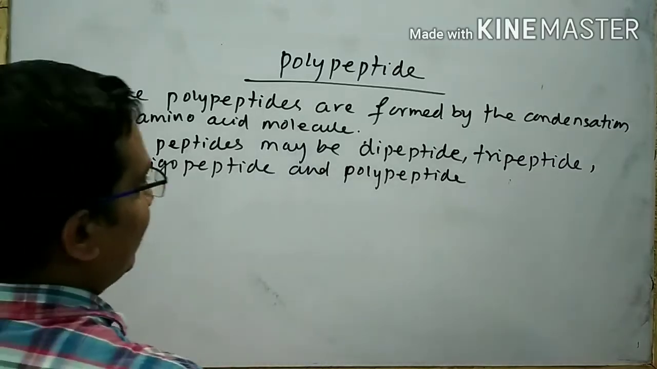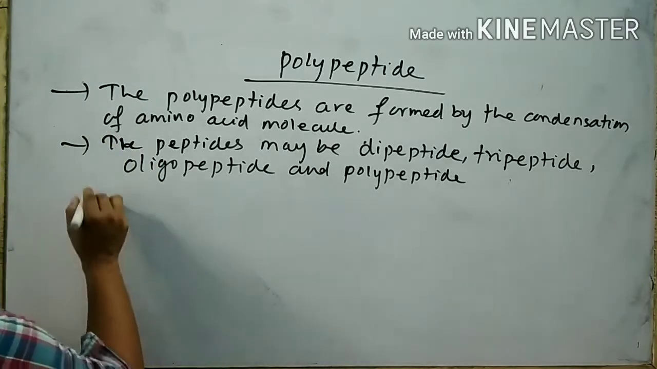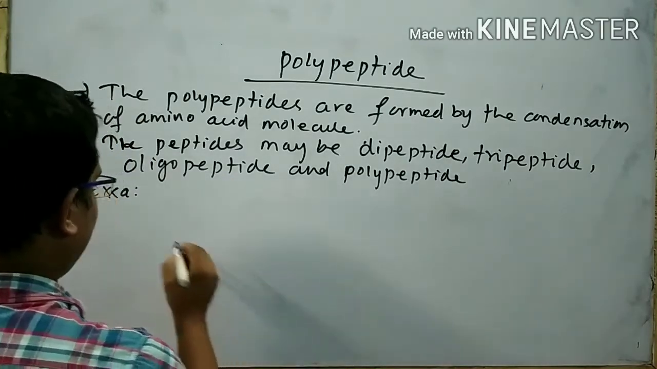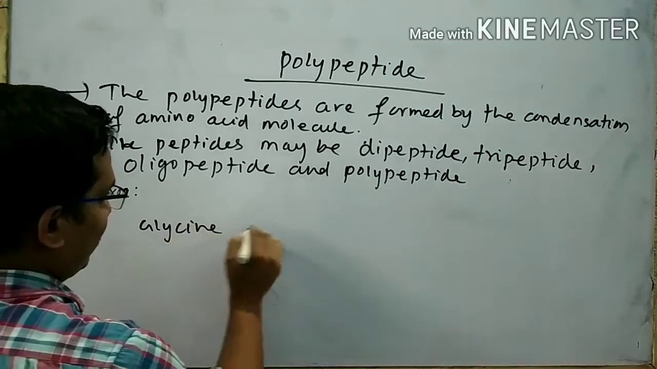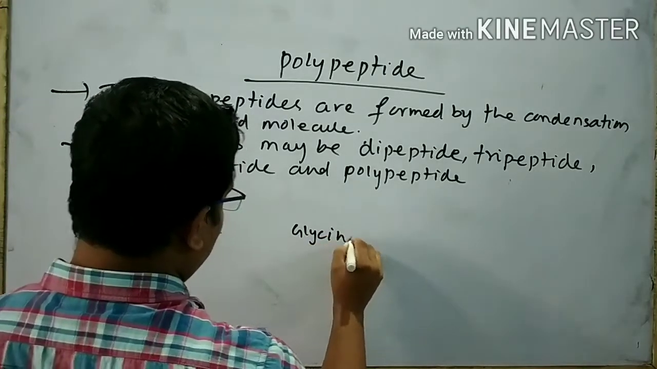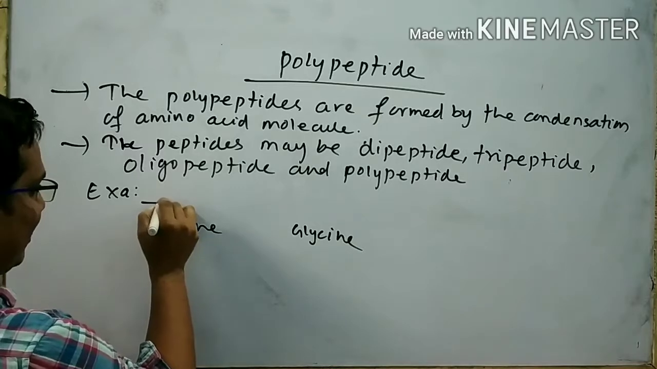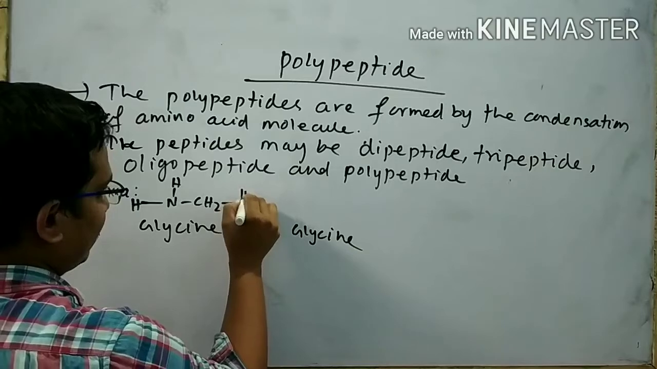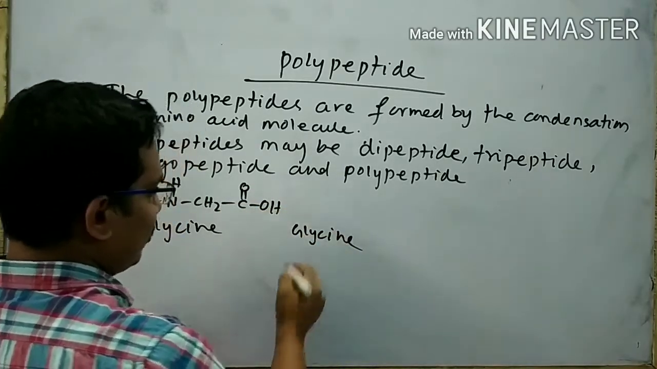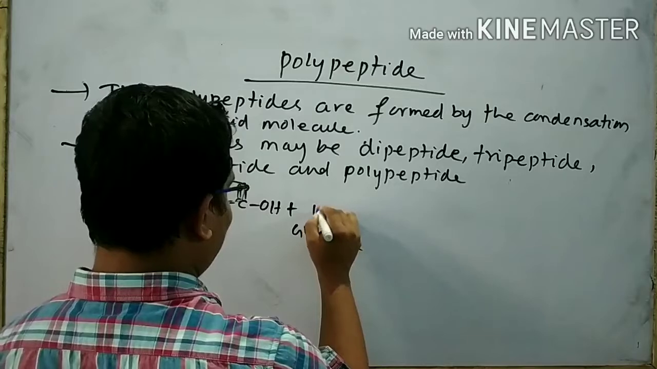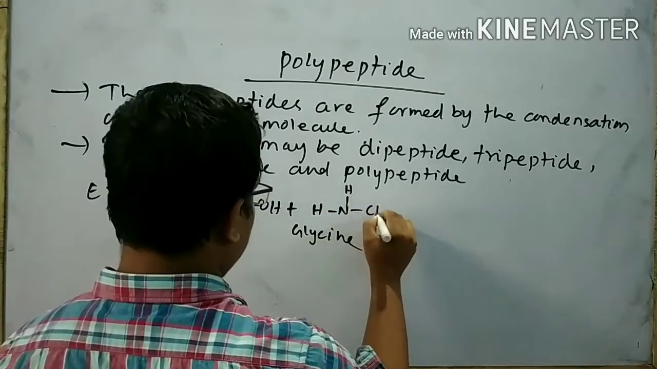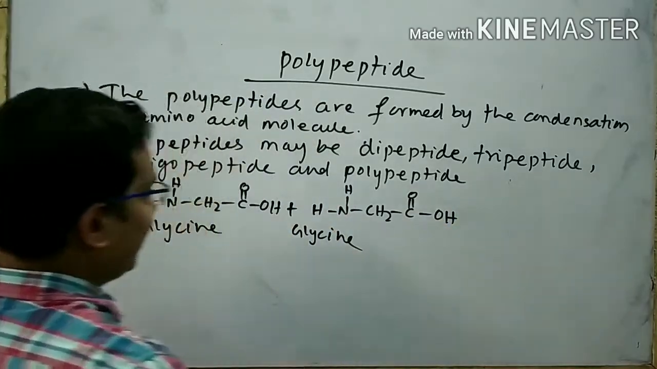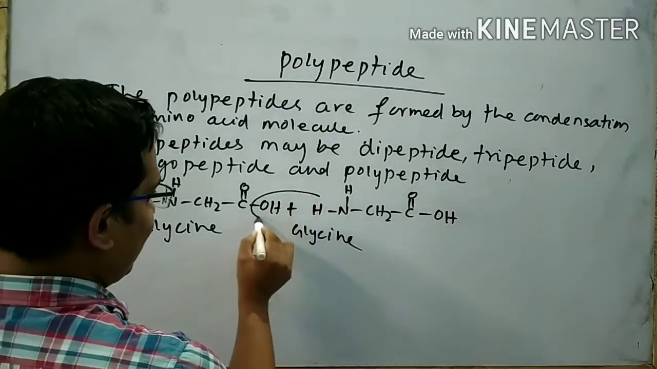Take an example of dipeptide, tripeptide. Suppose I want to form a dipeptide by the help of two amino acids. One is glycine, another is also glycine. The structure of glycine is written like this. The structure of another glycine molecule is written like this. When they undergo condensation, there is a loss of a water molecule like this,